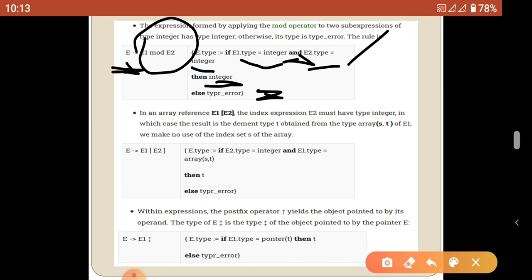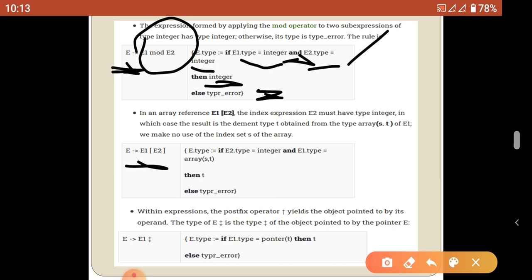Type error is not a function. This is also a type expression that informs the compiler that there is a problem in type checking. And next we are going to discuss the array. Already we discussed that an array has two data types. One is the declared data type. The other is the data type of the index as well as the size.